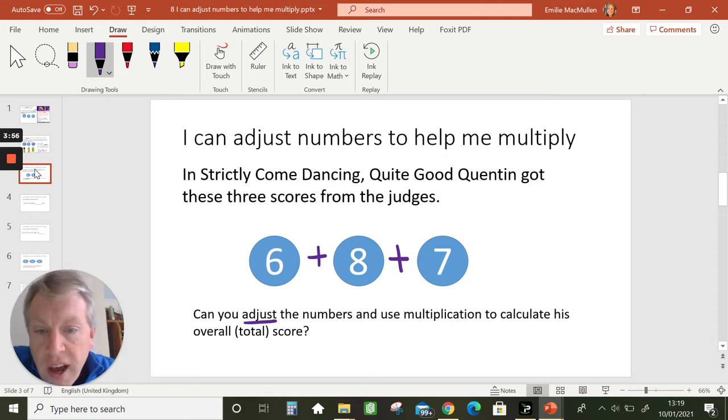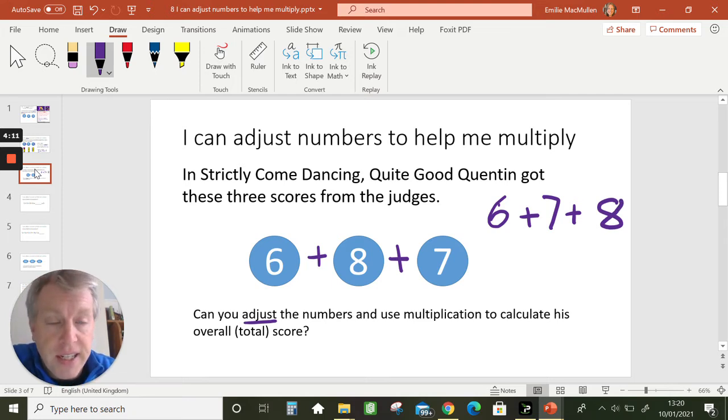Okay, I hope you paused the video. I know that when I add, I can change the order. I don't have to have it 6 add 8 first. I could do 6 add 7 add 8, because addition is commutative, isn't it? 6 add 7 add 8. If I take 1 from the 8 and add it onto the 6, the 8, take away 1, I'll adjust that,